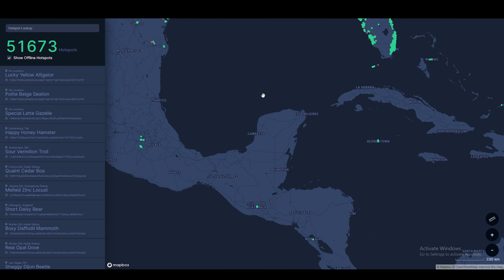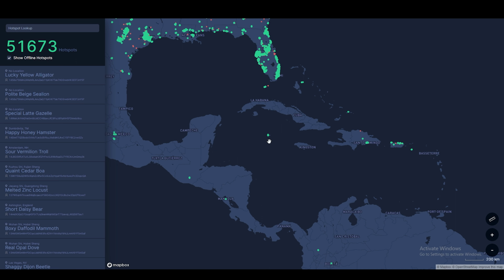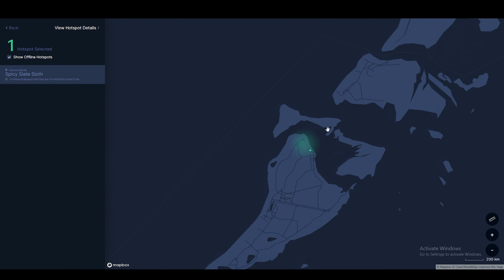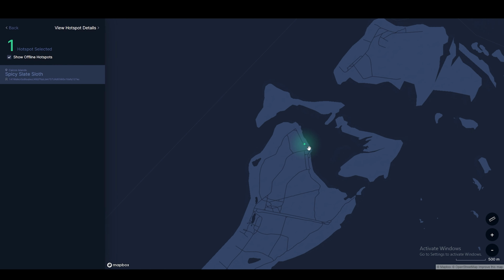So firstly, I will explain how a lone wolf works, right? If there are no miners, when you search for your address here, whatever your address or location is, you have to search right here, right? When you search your address right here and you see the map, if we go to this area, this one, it's the only miner here, right? It's a lone wolf. If we click this miner and we go to view hotspot details,